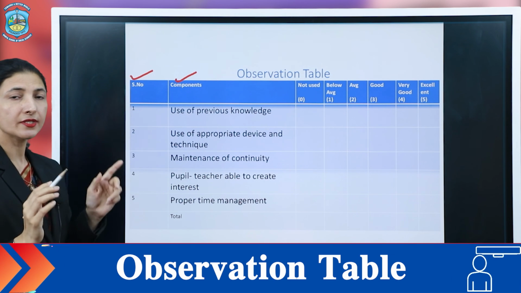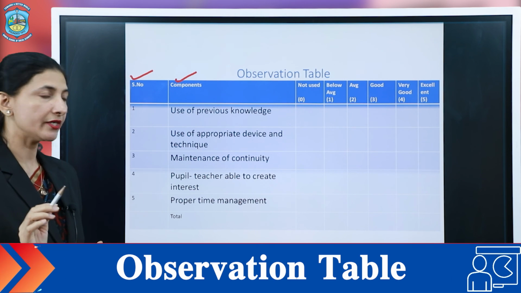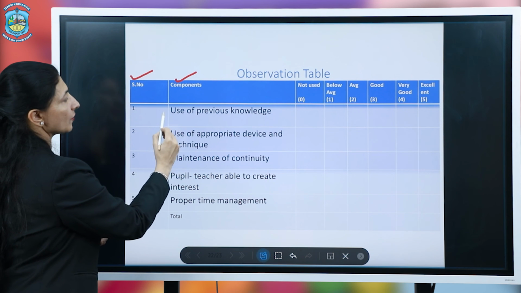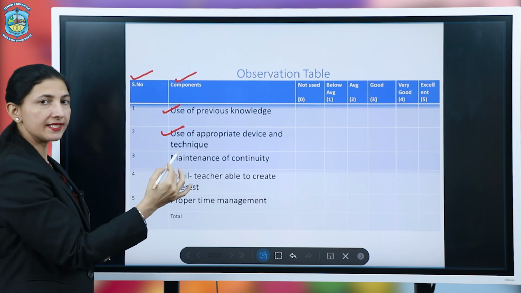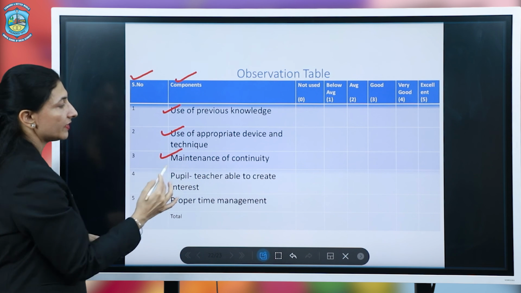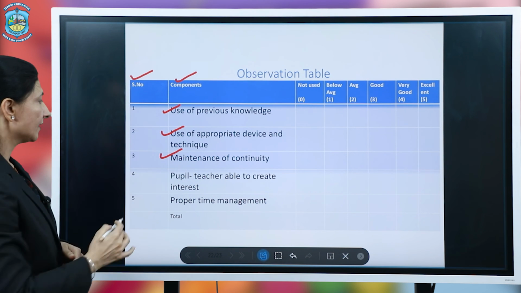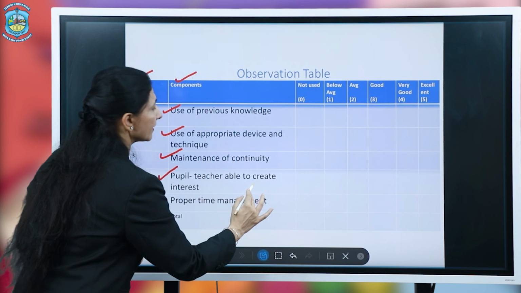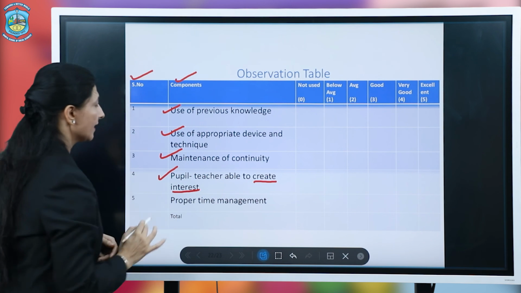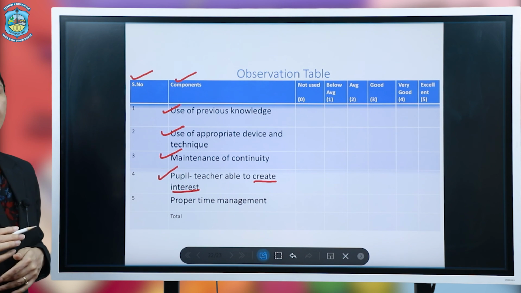The components of skill of introduction. As you already know, the first one is use of previous knowledge. Then the second one is use of appropriate device and technique. The third one is maintenance of continuity. And next, pupil teacher able to create interest. And the last one is proper time management.